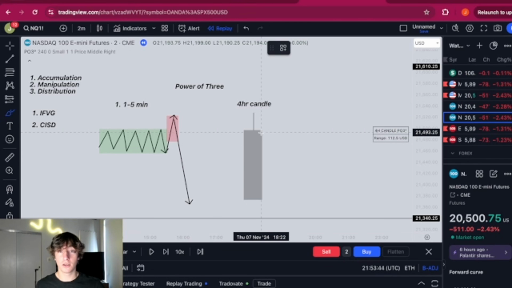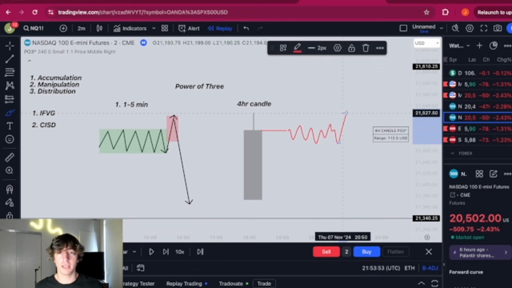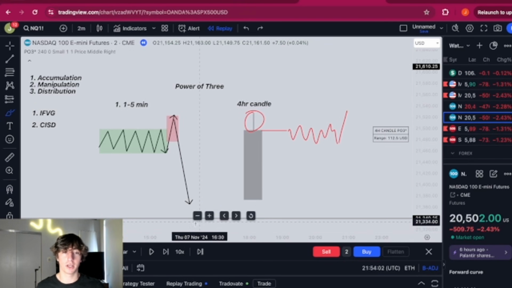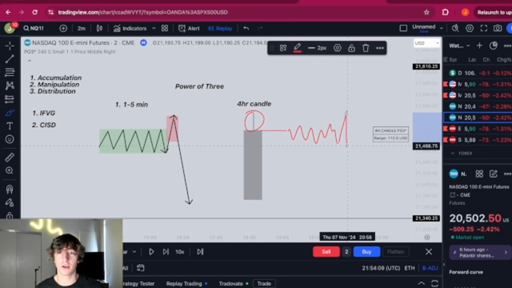So generally, we will open, and when we open, we will accumulate a little bit, and then we will manipulate, and that manipulation is what that top wick of that 4-hour candle is. And you'll see when I go over an example, you'll see with the indicator, super simple. Now, once we have put in that top wick and we see an entry confirmation, let's say an inverse fair value gap there, then we are ready to trade the distribution,